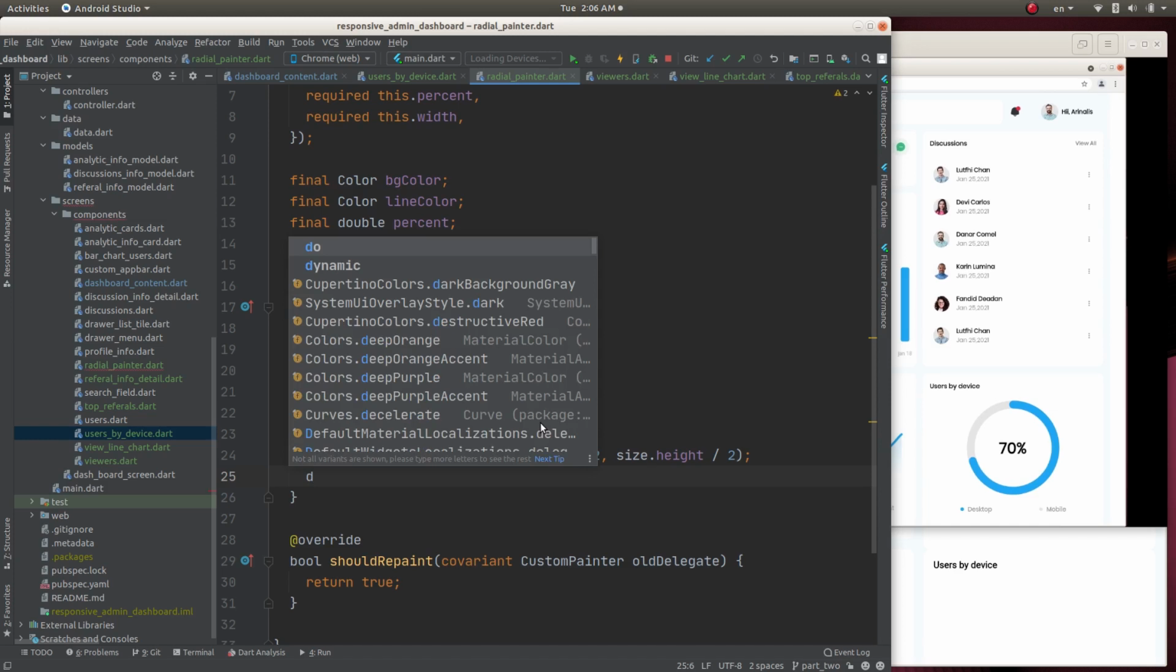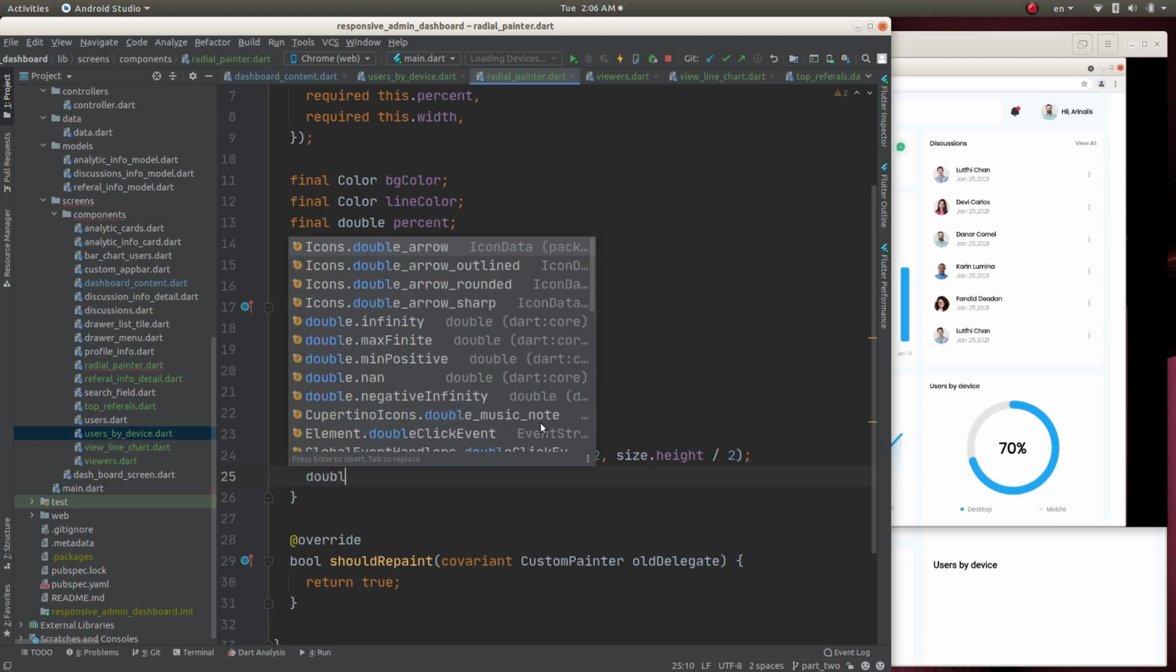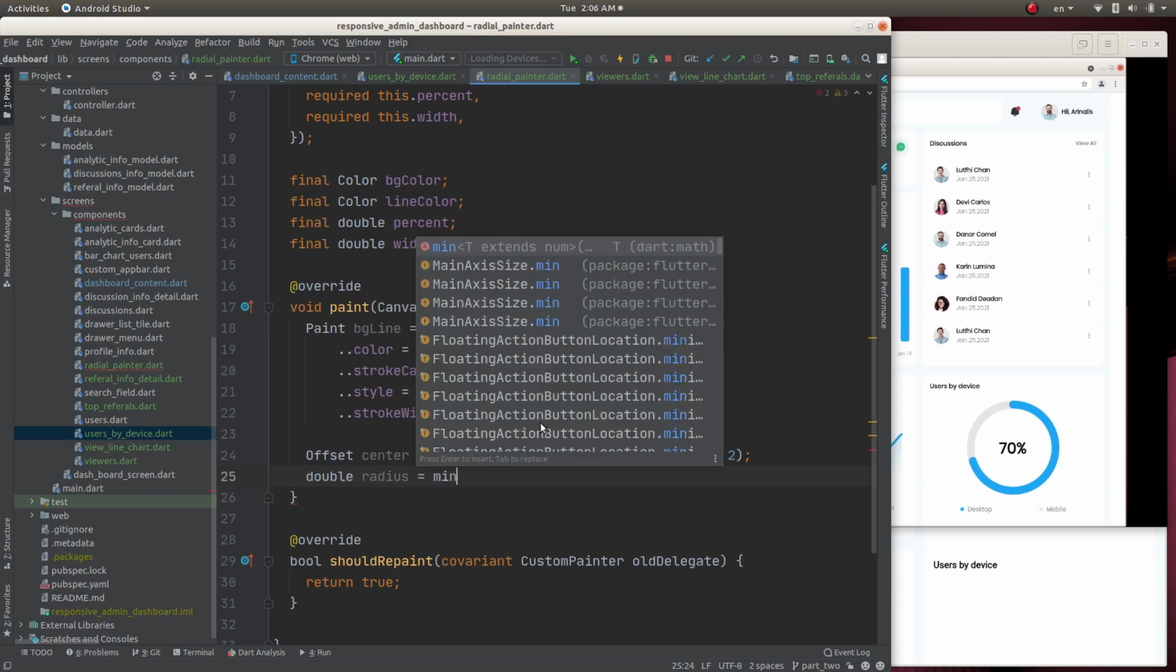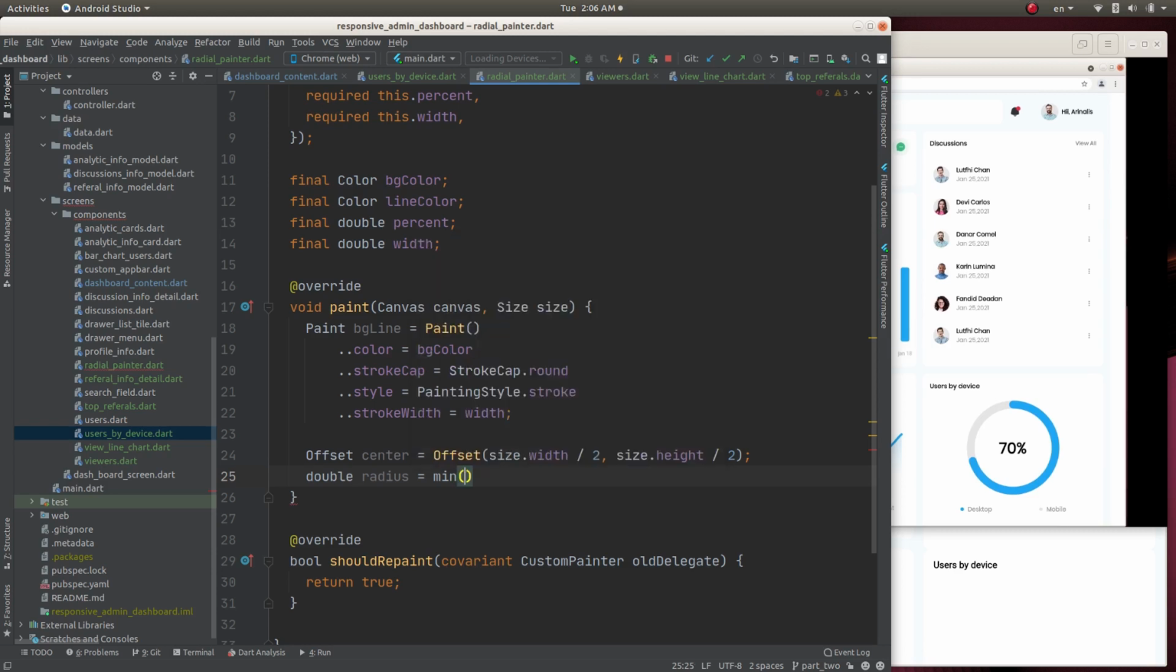And let's have a radius, double. Let's create a radius. Radius will be min of size dot width divided by 2 and size dot height divided by 2. Okay,